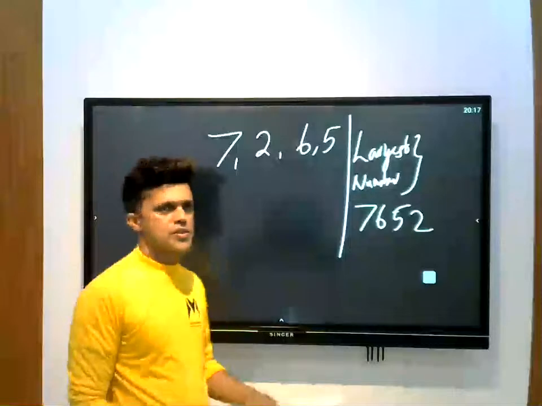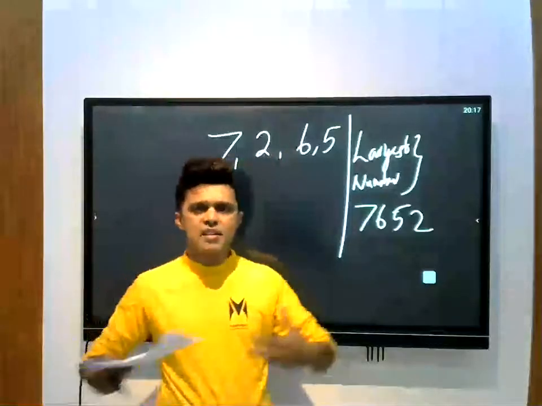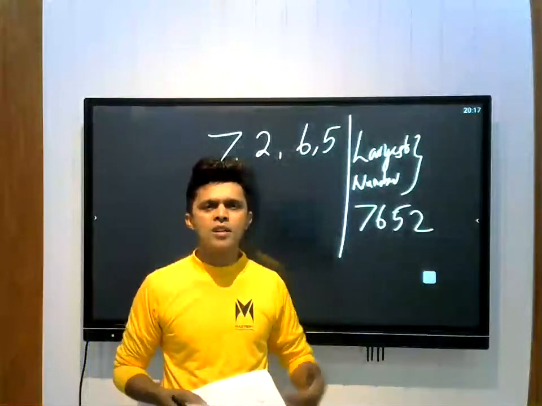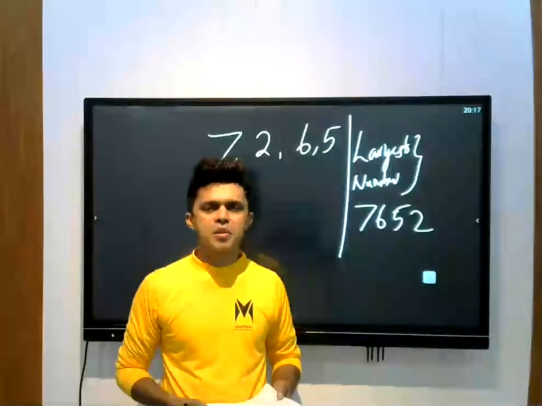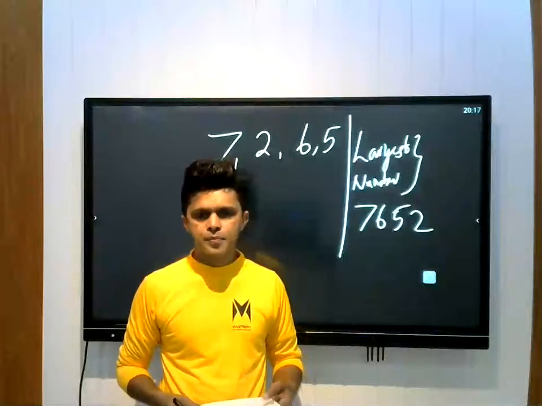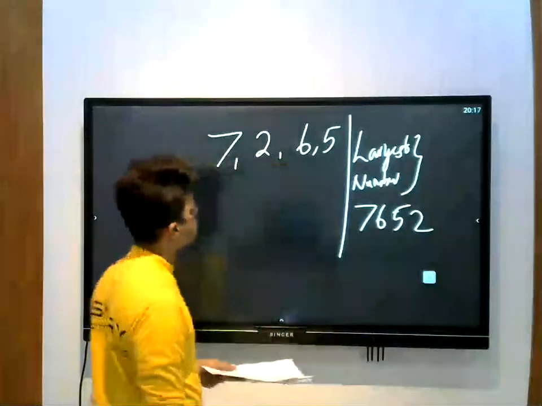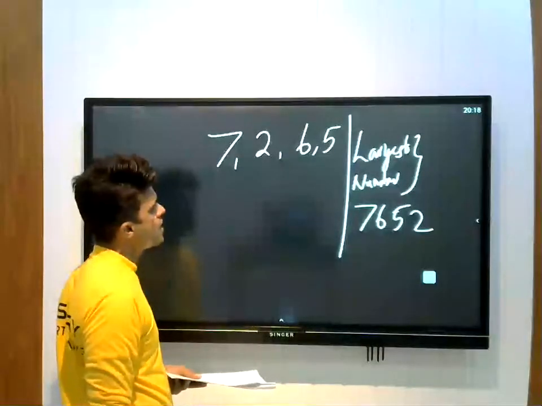You could write the digits in descending order. You are able to get the largest number here, which you can see here, right? This is the largest number. And also, you can get the least number.